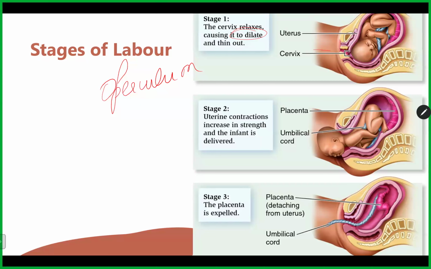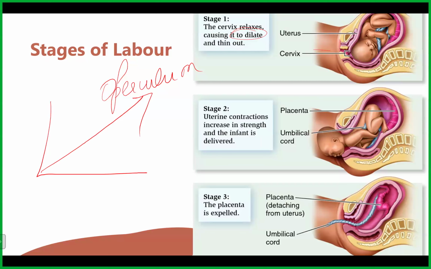So how to recognize true labor from false labor? You can ask if they had excessive secretions and all. Okay, that is one sign. Next is stage 2. In stage 2, you will see uterine contractions, and they will increase. The uterine contraction in false labor is varying. It will be okay sometimes, very high sometimes, again come low, moderate. But in true labor, we'll see a constant increase. Like if this is a graph of pain, it will be a constant increase in their pain. The contractions and pain will be more.